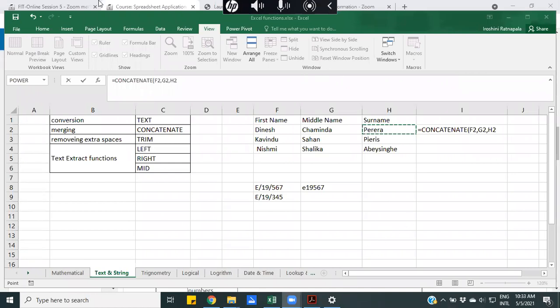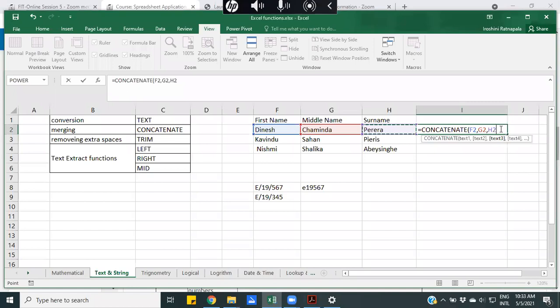And I was saying that if I want to get the full name in the I2 cell, and I write the function like this, do you think I will be able to get the full name correctly in the I2 cell? Is it correct or not correct? I need your opinion. You can put it in the chat pane, or you can just unmute and say.